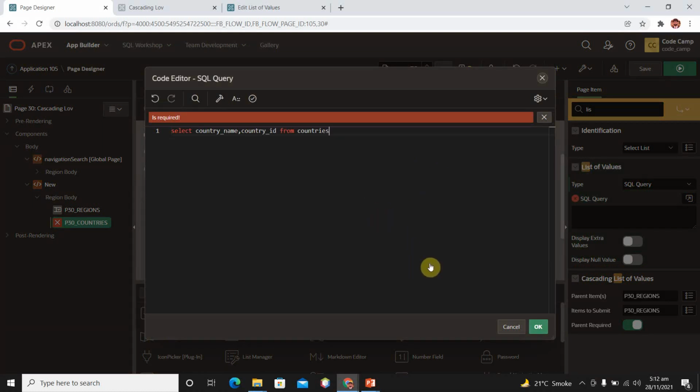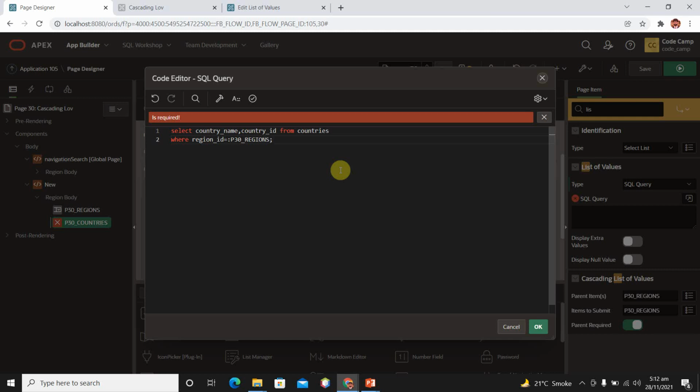Okay, and here we need to provide a where clause: WHERE region ID equal to P30 regions.